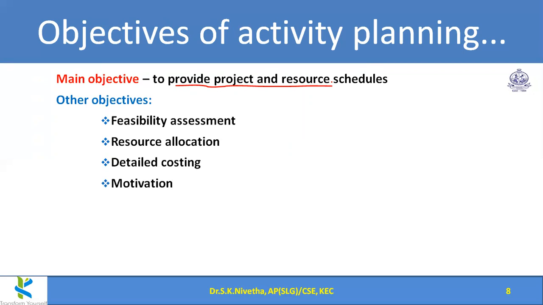What are all the basic activities in that project, and what is the sequence of the activities, everything is known. The team member will have a clear idea when to do what, and it increases motivation among the team members. They will have some positive hope to do the project, so it increases the overall motivation,